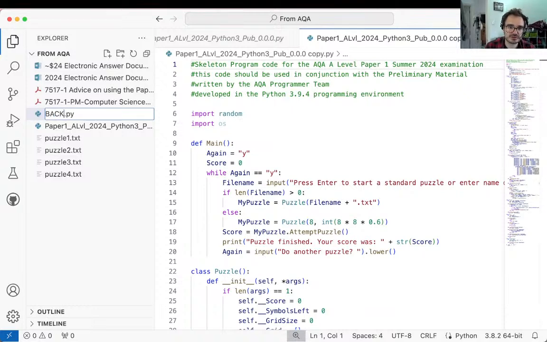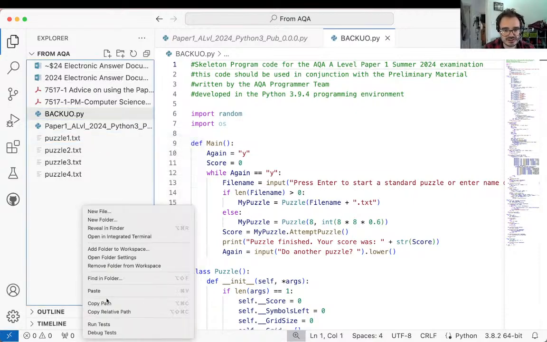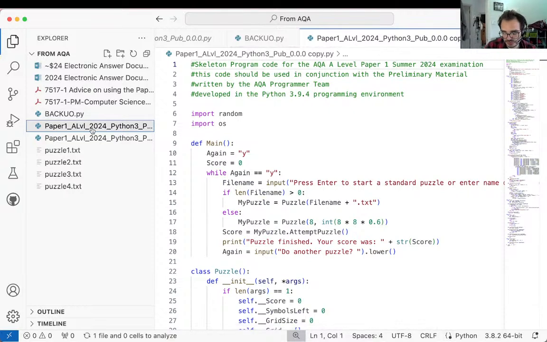Actually, you could call it backup. And you can spell it better as well, I'm sure. And then we're gonna paste it again and rename that one to return. How do you like that? Oh yeah, cool. To add a